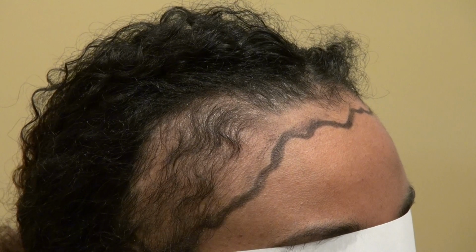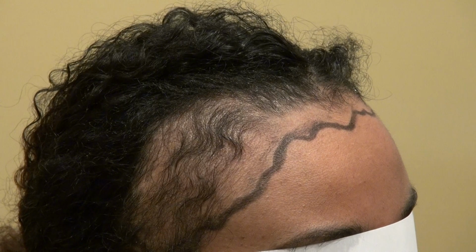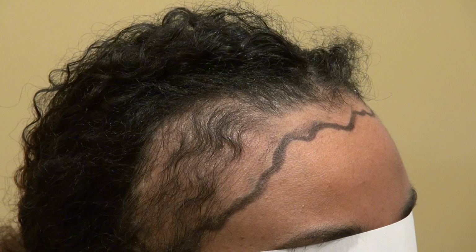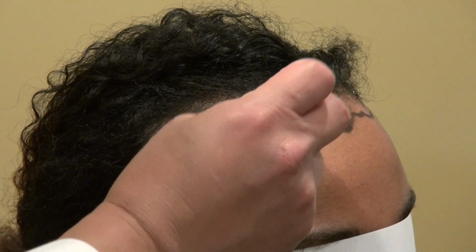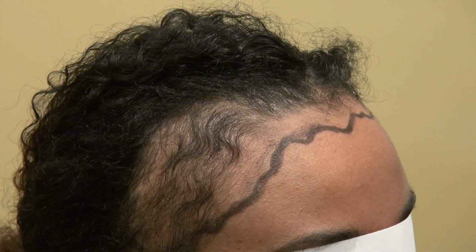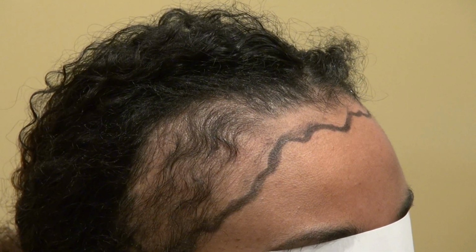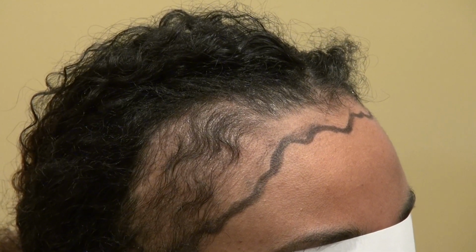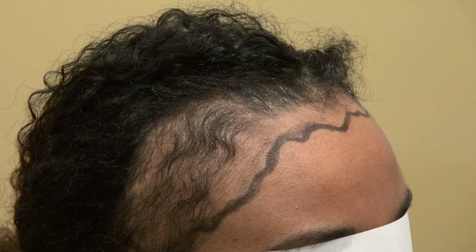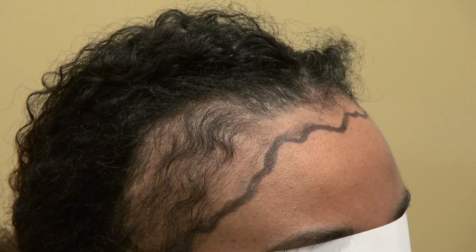There are a couple of side effects of hair transplant, which we can go into further. Some of them: you have a chance of infection, pretty rare. There's scarring involved. Some people have what they call little lumps at the base of the hair follicle. And that one, a lot of the time, is due to a genetic factor where the patient produces scarring. But not every woman has that experience. It's quite unique among black women, but it's pretty rare. But the majority of the time, we will try our best to minimize it. Again, sometimes genetics is the